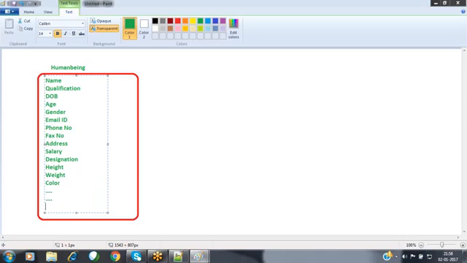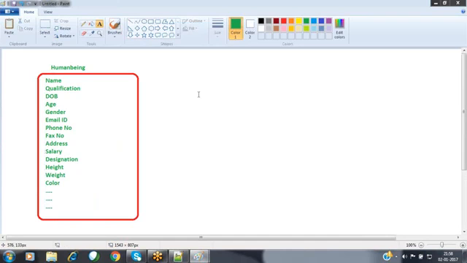Like that, God has defined so many properties. Now every human being will have some value for these properties.